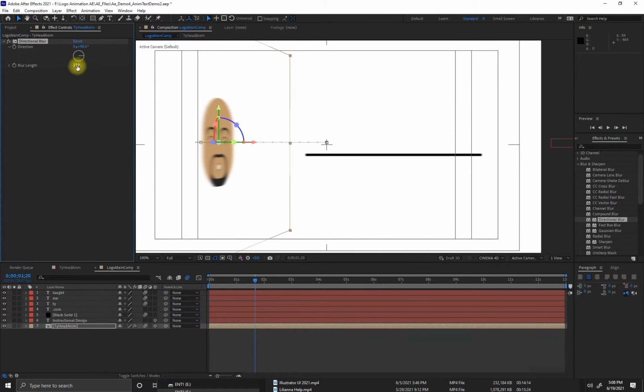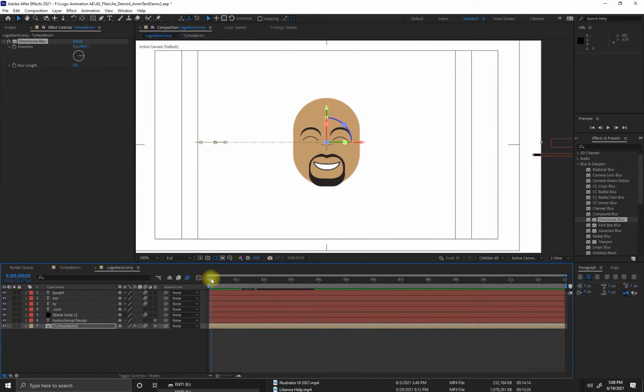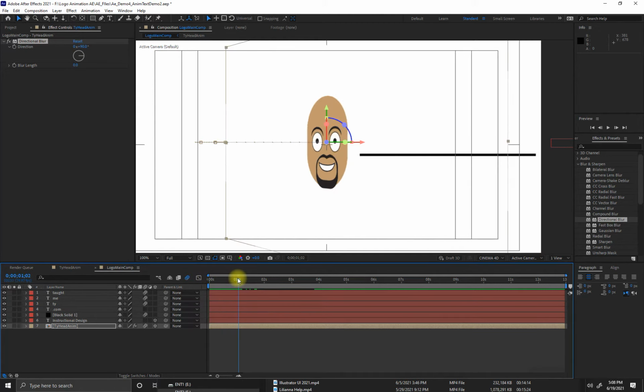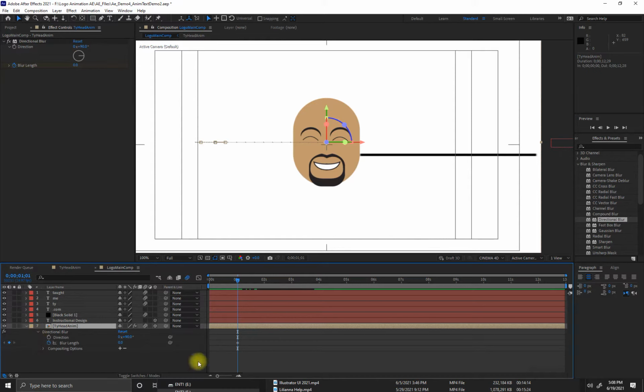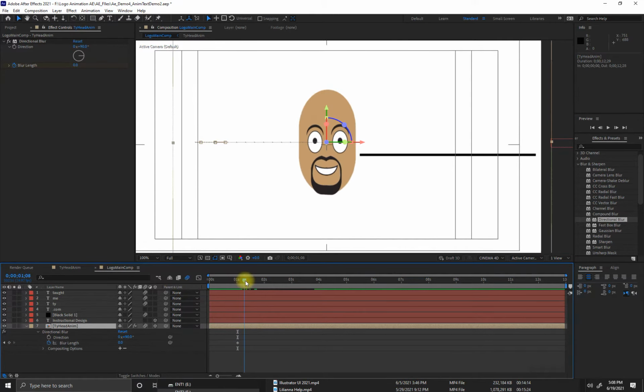And so now I'm going to set the blur length to 0 because I don't want it to blur before it actually hits. So he's just sitting there. And then I'm going to hit, bam, right there. I'm going to set the blur length key. Boop. Now that's turned on and set a key. How do I see it? I select this layer and I press E for effect. And then we can see the directional blur, and then I can open it up and I can see my keyframe right there. So right now, up until this point, there is no blur. And now that he starts moving,